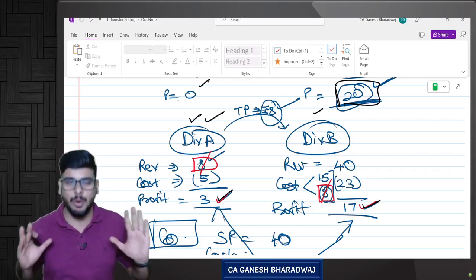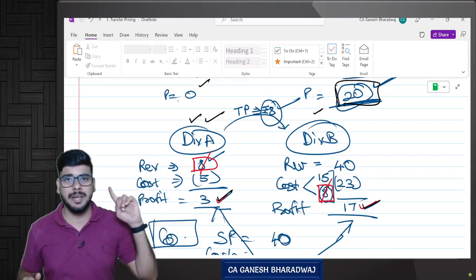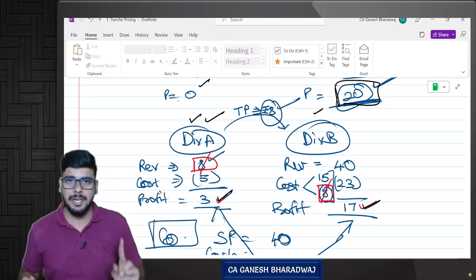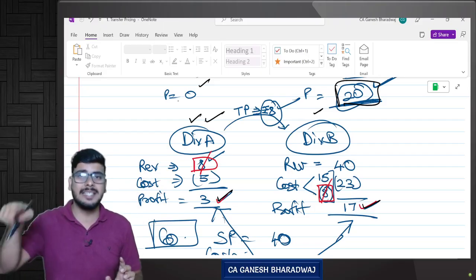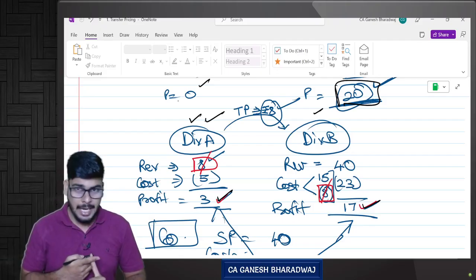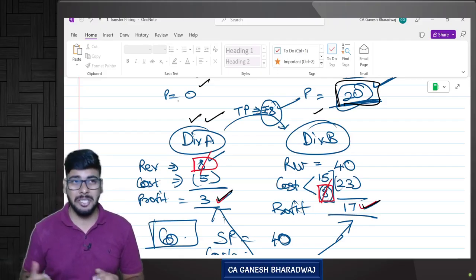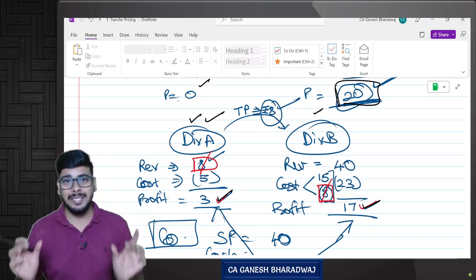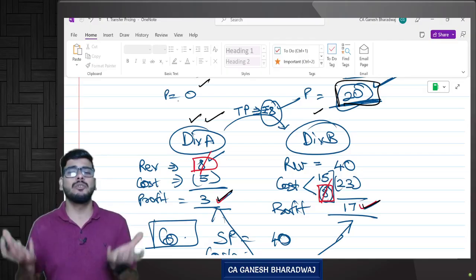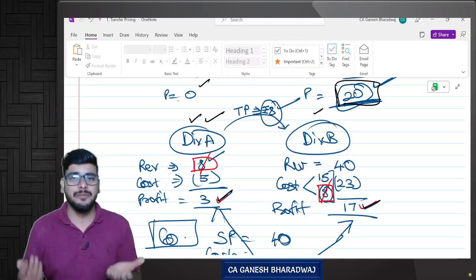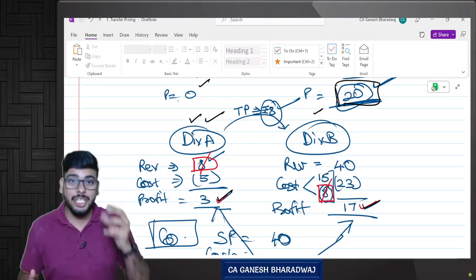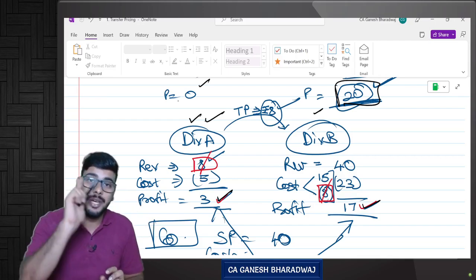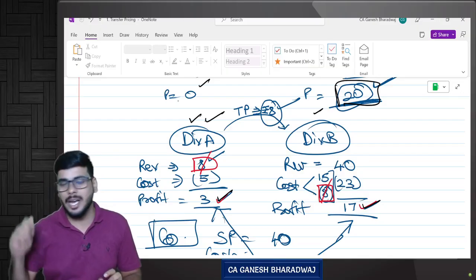But as of now, you first understand what you mean by a transfer price. The price at which the intermediate product gets transferred between the departments, correct? It's an internal price. Are you clear with this? Does your transfer price affect the overall profitability of the company? No. Then what does it affect? It affects the division wise profit. Now what am I going to do with division wise profit? Using the division wise profit, you can assess the performance of each and every division, and you can reward or punish them accordingly. Are you clear with this?